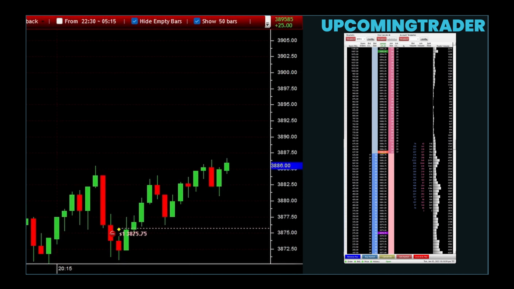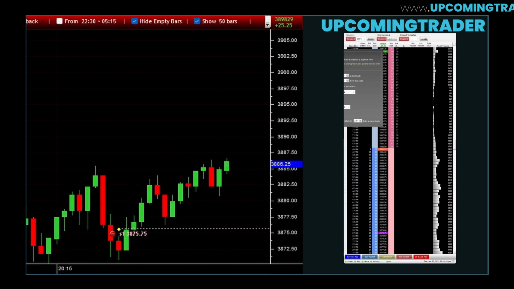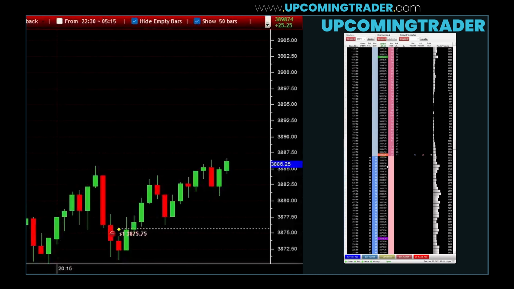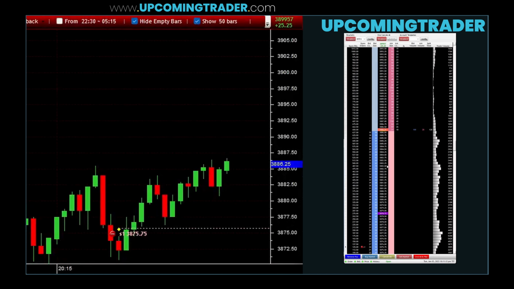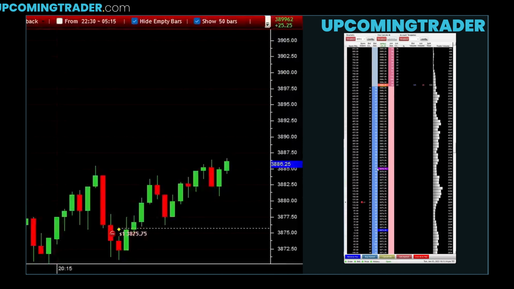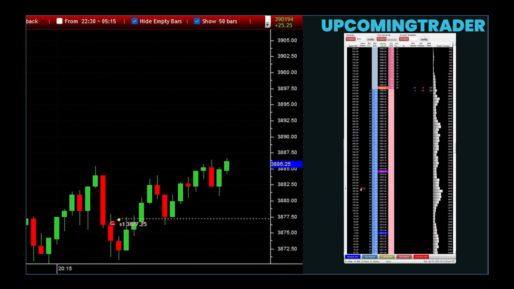The beauty of line charts lies in their ability to strip away the noise, giving you a clear view of the overall trend without getting bogged down by daily fluctuations. This makes them a great tool for identifying long-term patterns and making broad assessments of where a stock might be headed. Bar charts offer a more detailed look at price movements, providing a comprehensive view of market activity over a